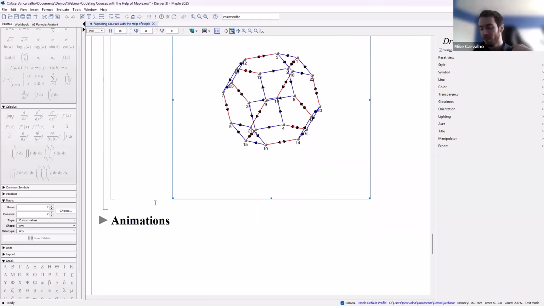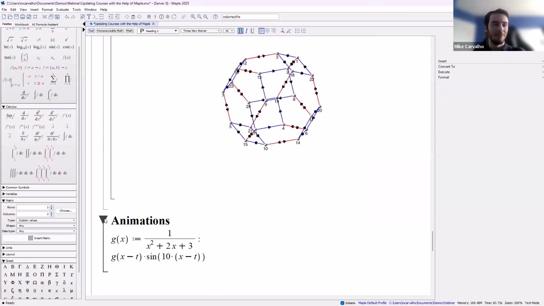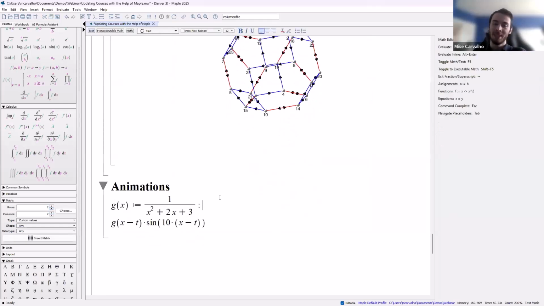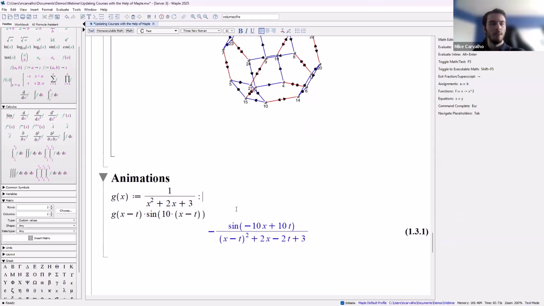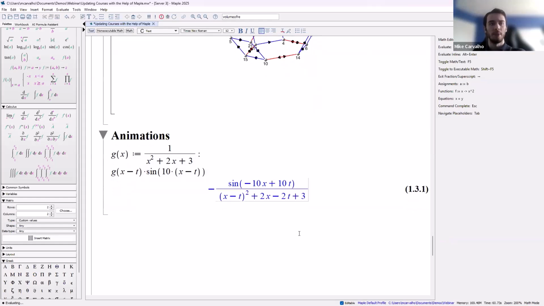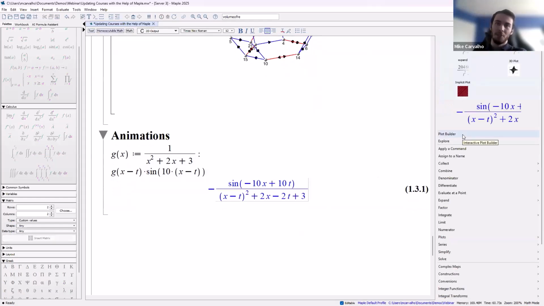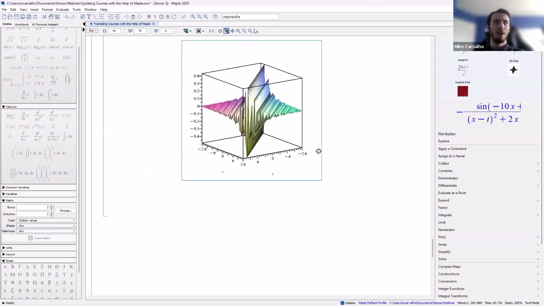But what if you want a demonstration that's live and moving? When we get it up and moving, it's really cool to demonstrate those too. And this is an example I borrowed from a professor that uses this in his tutorials. So I'll just take this function here, which is a sound wave function. So if I go here, I click, again, few simple clicks. I'll just click on the plot builder.